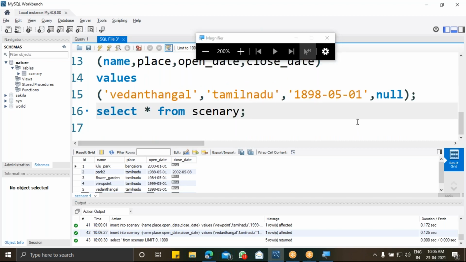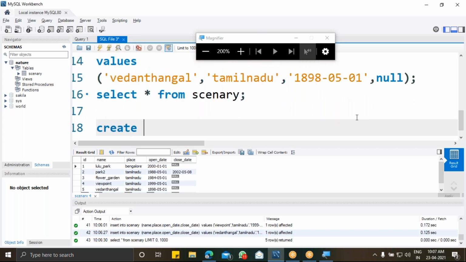I'm going to create another person table, which has the scenery that the person has visited. In that, the scenery ID is going to be my foreign key. So now I'm going to create table person, with ID, which is going to be my person ID.